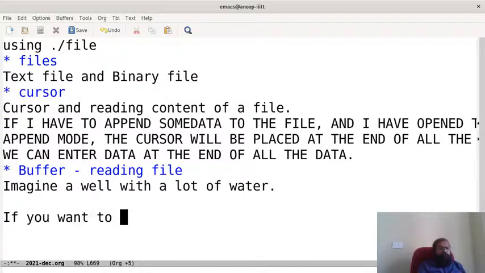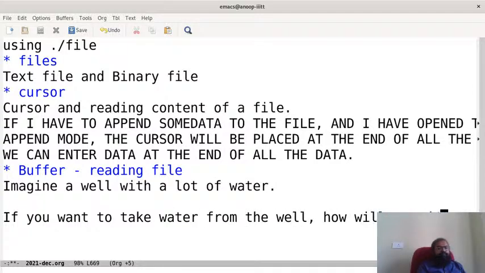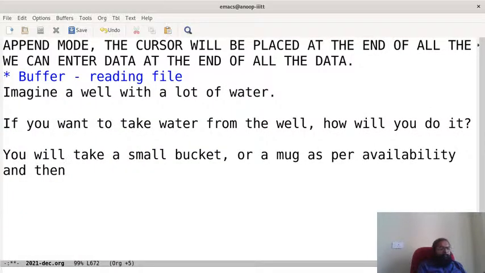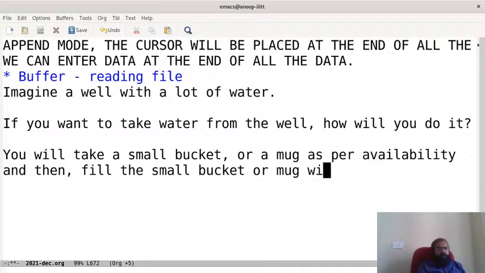If you want to take water from the well, how will you do it? You will take a small bucket or a mug as per availability, and then fill the small bucket or mug with water,